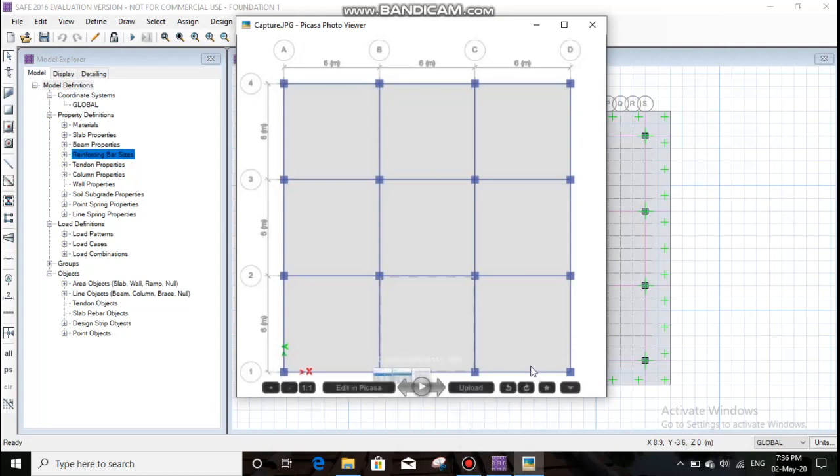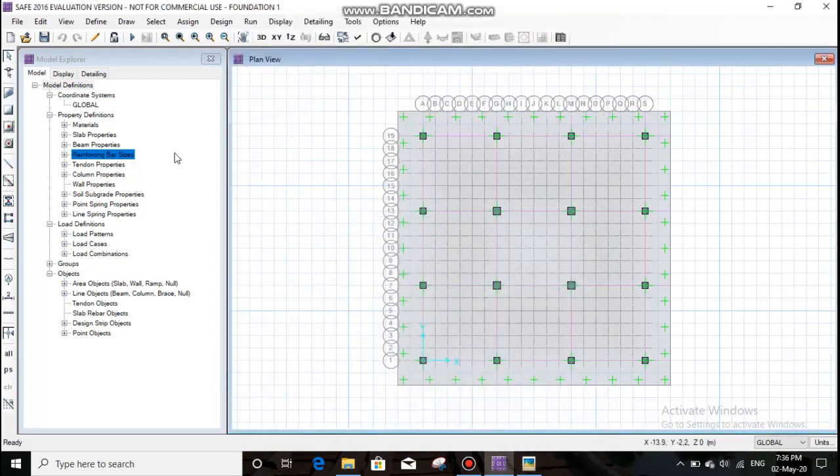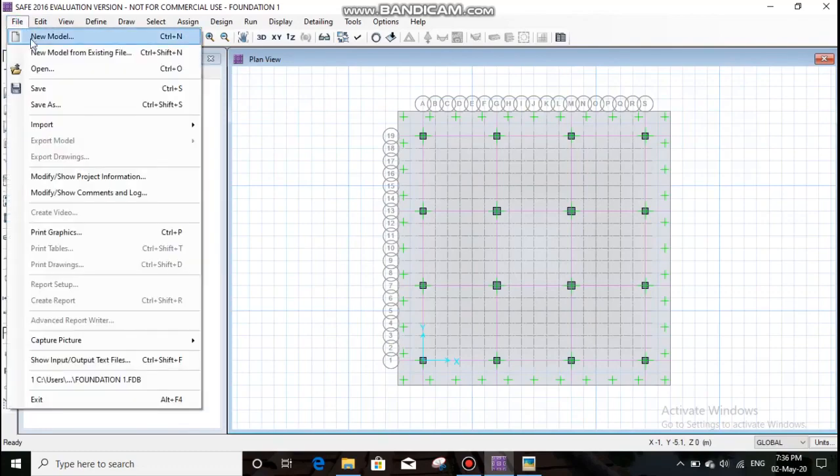So now we will look at the software and how it will be drawn and assign the properties. I have already drawn and assigned the properties, but I will tell you how to do this in very short detail. From the file menu you can select new model